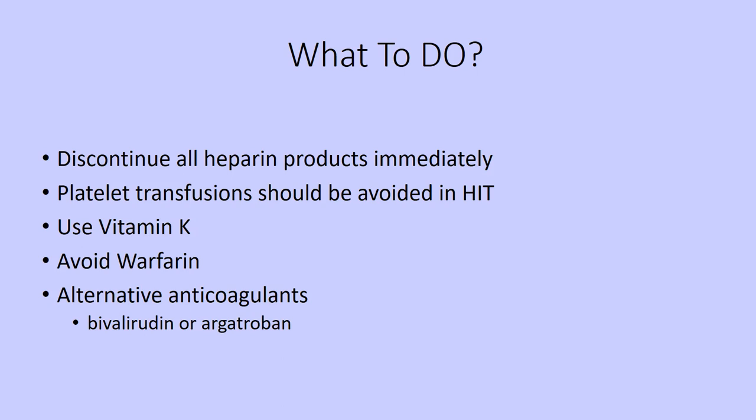So, what to do? You're going to discontinue all heparin products immediately, which sounds like a no-brainer, but it's really true. Platelet transfusions should be avoided with someone who has heparin-induced thrombocytopenia. They found that you want to do that only for emergent, oh my gosh, they're bleeding to death problems. Instead, you want to use something not necessarily quicker, but just better, which is vitamin K. You also want to avoid warfarin or Coumadin, and then you also can give them alternative anticoagulations, which is the next two drugs, which is